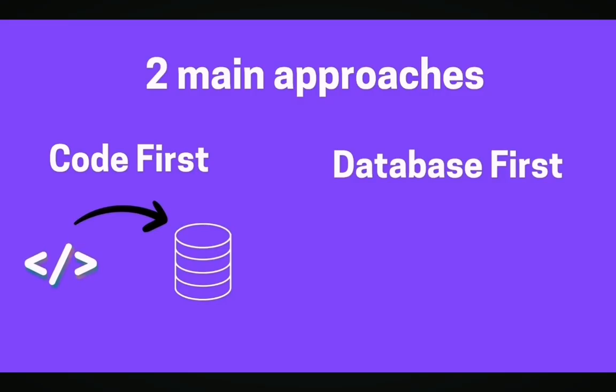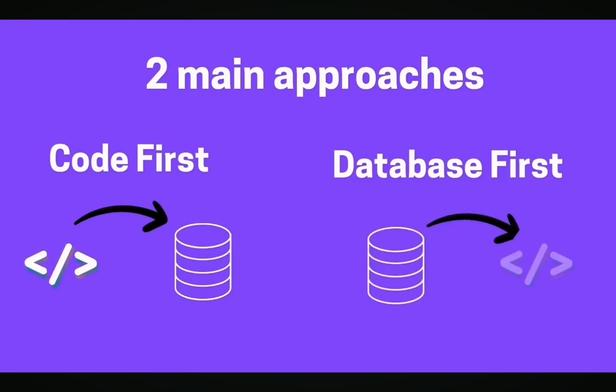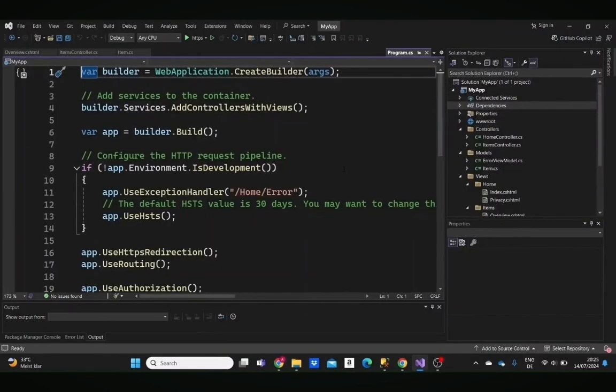The database-first approach works the other way around. The code-first approach is ideal when starting a new project without an existing database, as it provides full control over the data model through code. Okay, so we're going to start with the code-first approach, and we're just inside our MVC web app template here